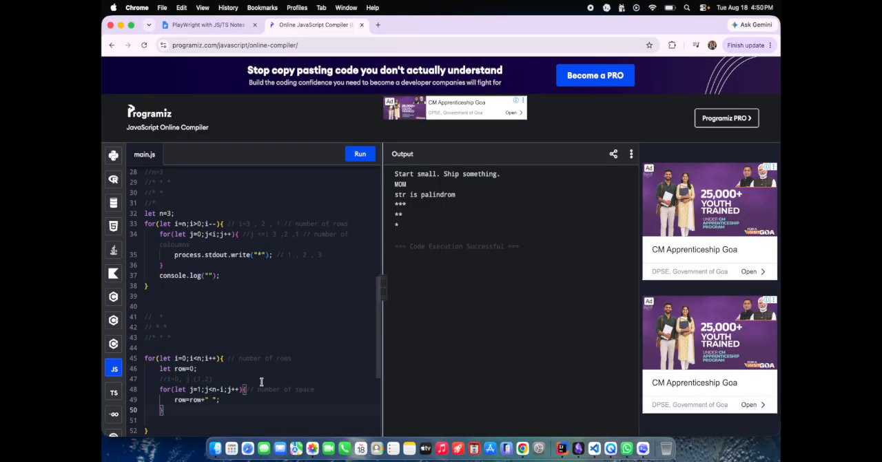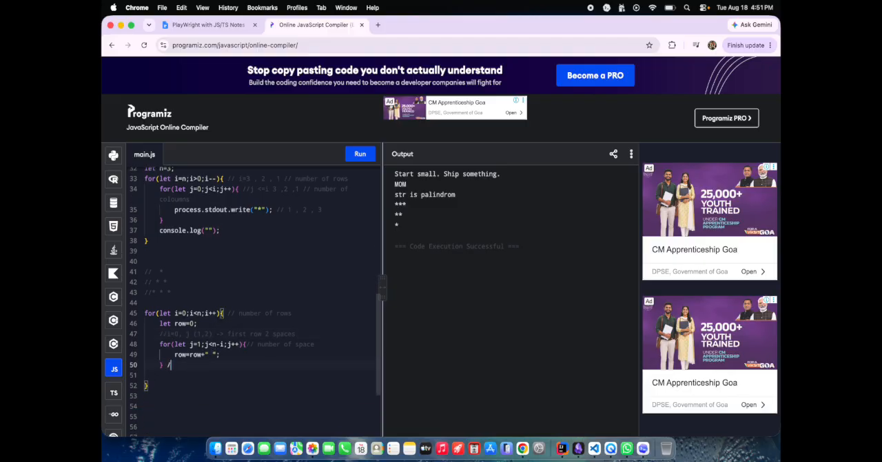Now it will add the 2 spaces here, because we have taken i as 0, j will be 0, j will be n minus i. It will start from 1, and j will be only less than n minus i. n is 3 minus i is 0, so it will repeat for 2 times. So 2 spaces for the first row, okay. So it will add 2 spaces first,